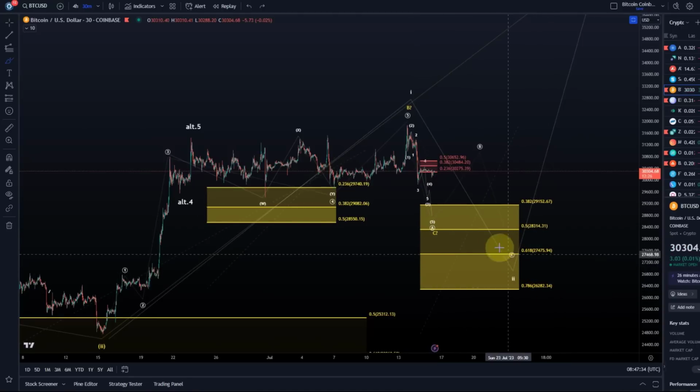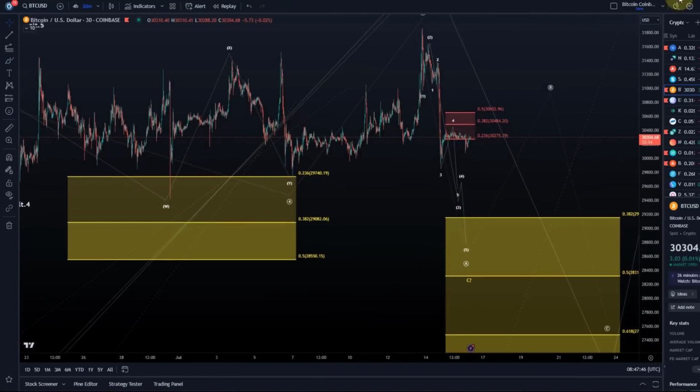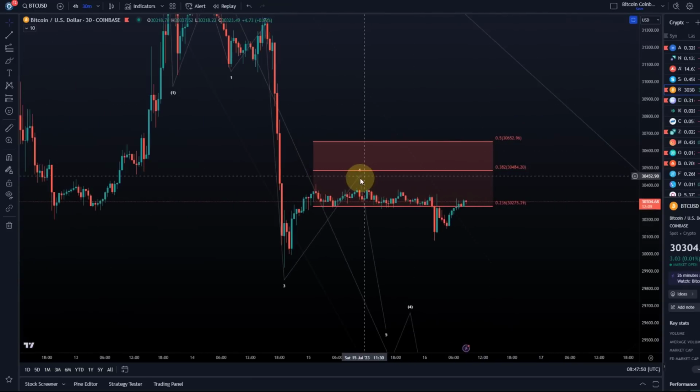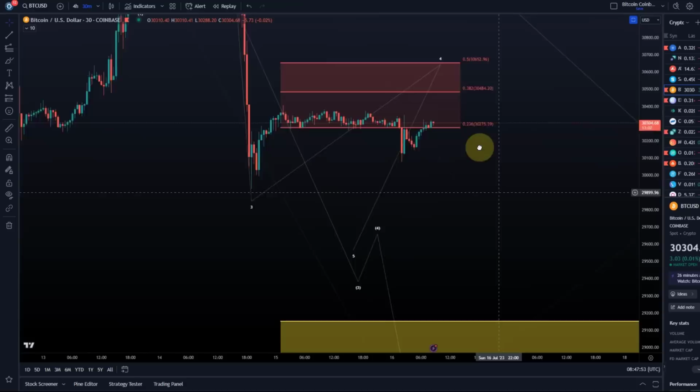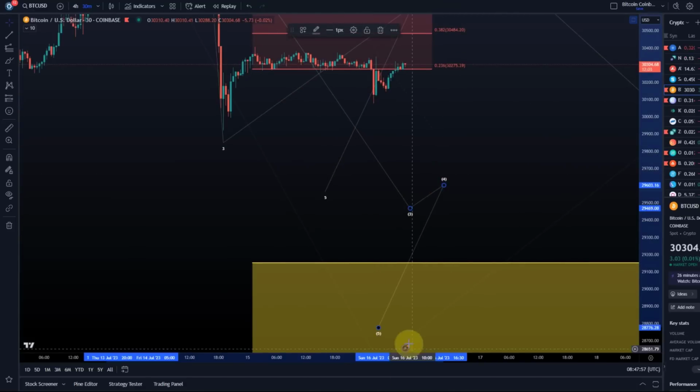Now, I'm not saying price has to do it. This is simply support. Price can always turn around earlier, but this is not what I primarily look for, very clearly. So, looking at this 4th wave, micro counting is always a bit tricky, not reliable, but I think what we might be dealing with, and it's just an idea at this stage,